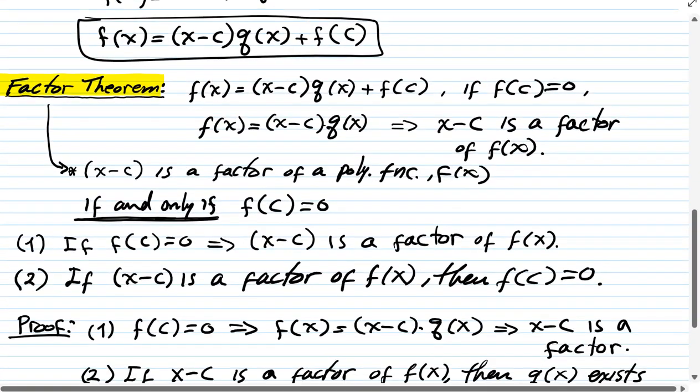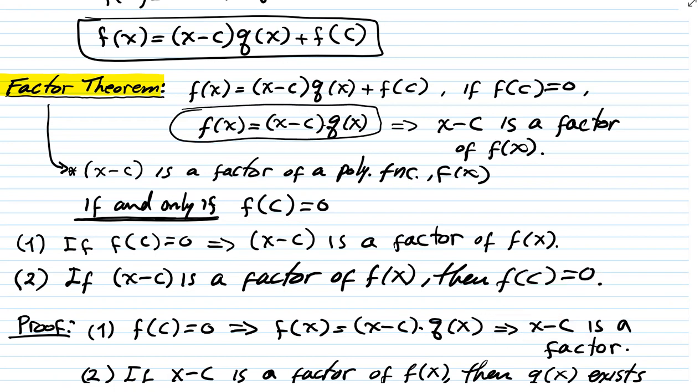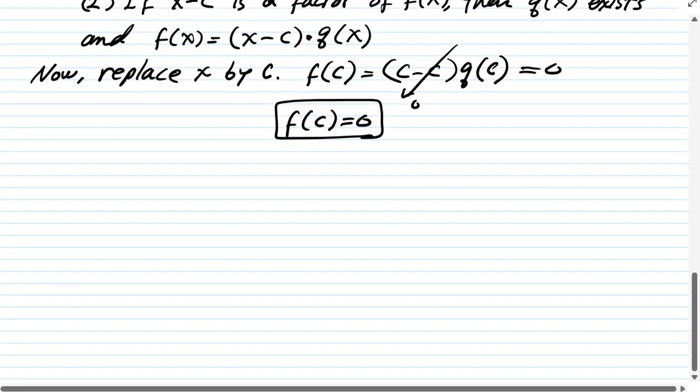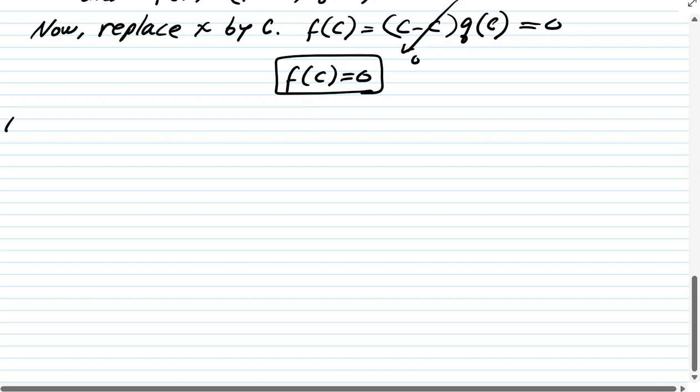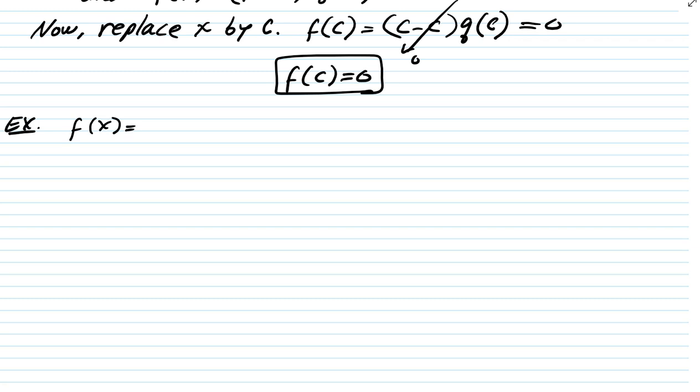So again, the takeaway is this. If x minus c is a factor, then we can write a polynomial in this form, and f at c must be 0. So let's take a look at an example, how we can use this. I'm going to make up a polynomial. Suppose f of x is 5x to the 4th, negative 20x cubed plus x minus 4. And we want to find the remainder